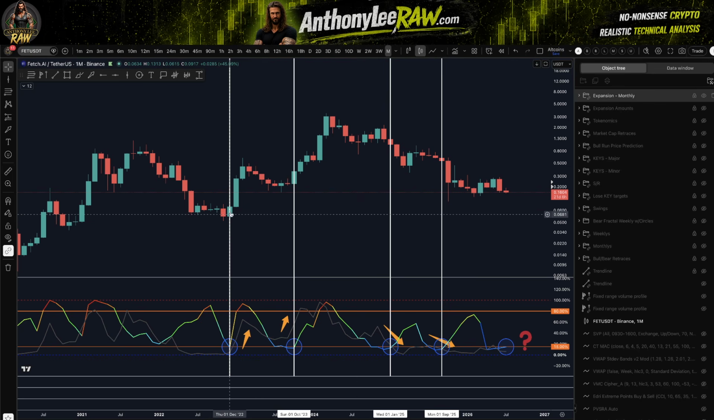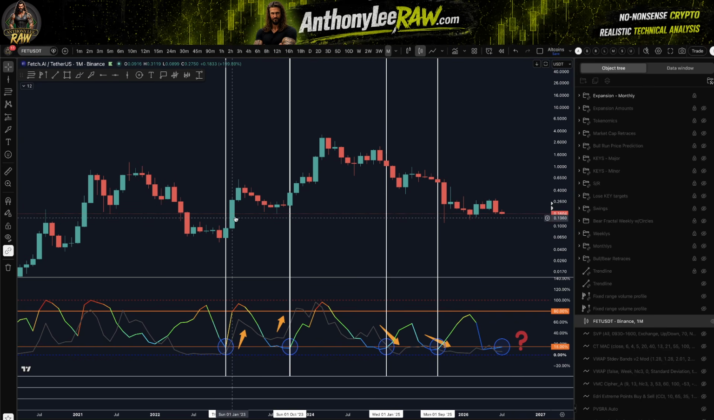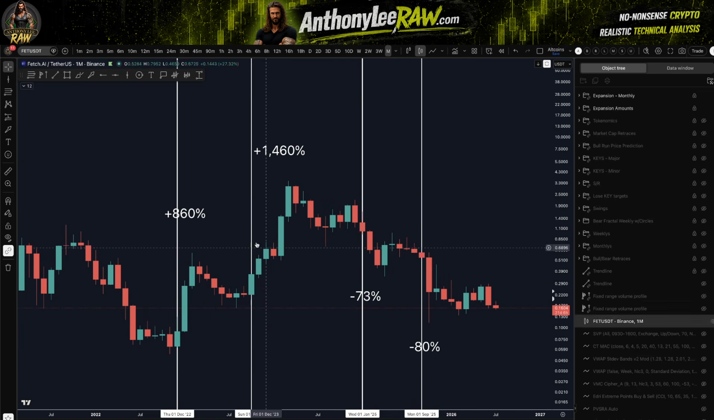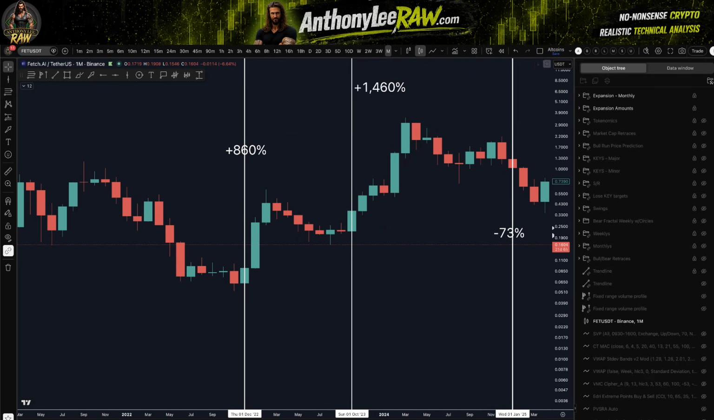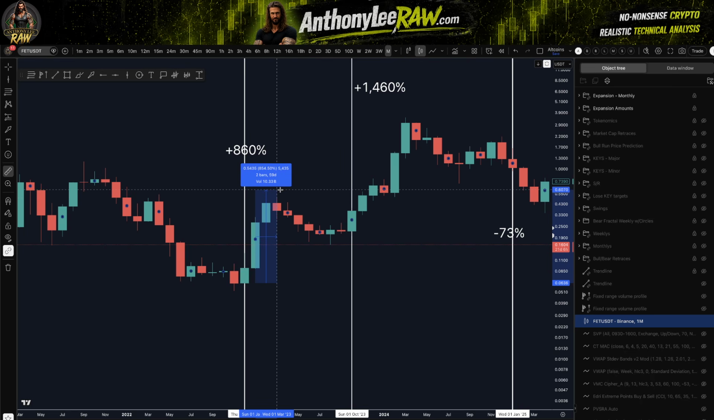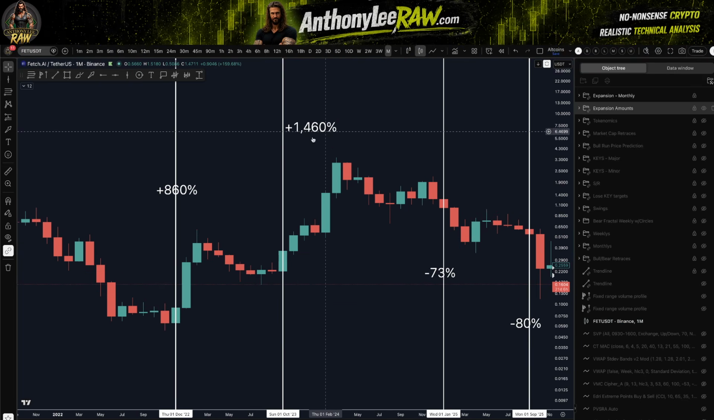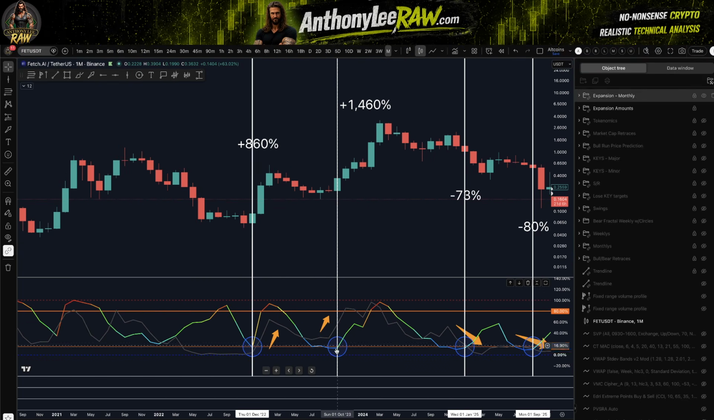So I have thrown the vertical white lines to show you clearly at which point you got expansion. And here are the amounts. You can see on the first volatility expansion, you got a move of 860%, guys. 860% from bottom to top. Then you consolidated down, and then you got another move up of 1,460%, and I'll show you at the second